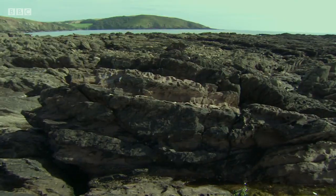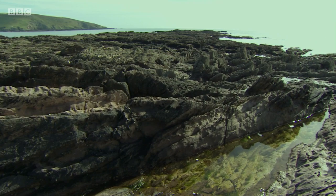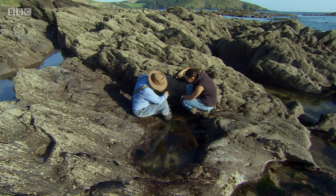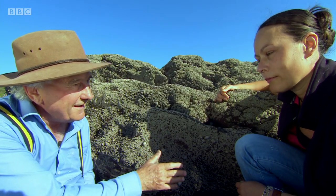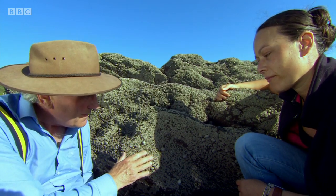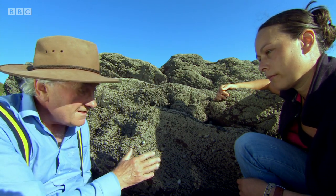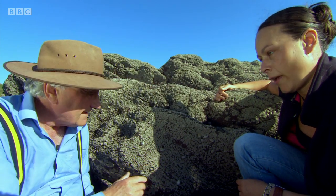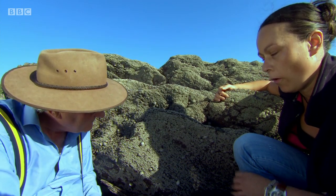Nova Mieszkowska of the Marine Biological Association has been analysing long-term data on barnacles here in Devon. Well, if you don't know barnacles very well, it has to be said that they do all look rather alike. But when you do know barnacles well, you know that there are subtle differences between species here, and that those species differences are connected to climate change. Is that right? Yes, we've found over the many decades that we've been studying barnacles all around the UK, but